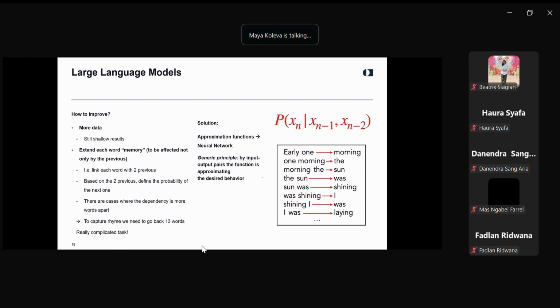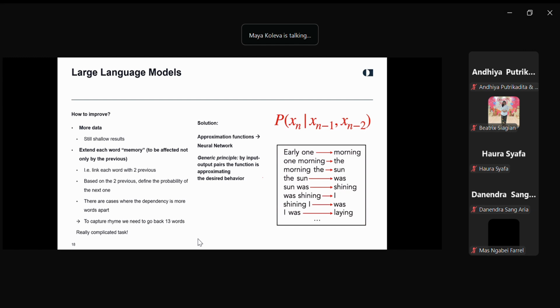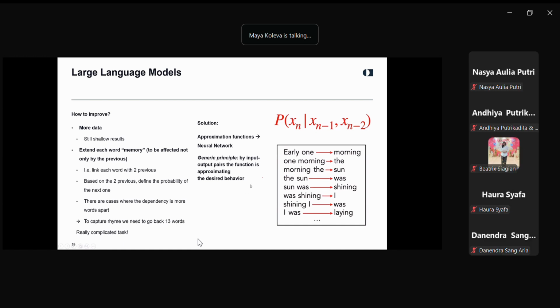Okay, I am coming back. So within the training of large language models, these are the decisions that are taken to come up with the approximation function. This is how it looks, and to generate the so-called neural network. And basically, the generic principle is that phrases and words are being paired, and this is how you model the desired behavior. Let's look into